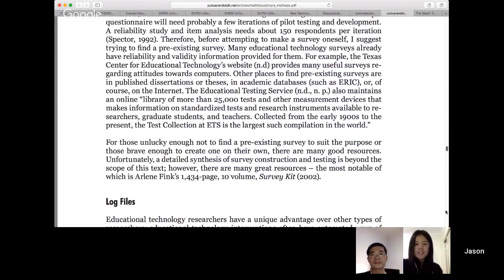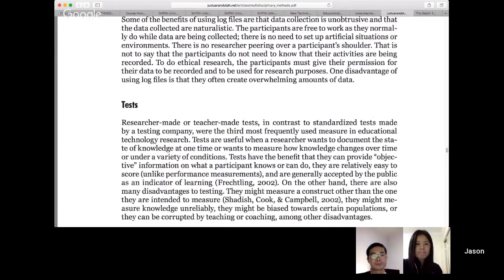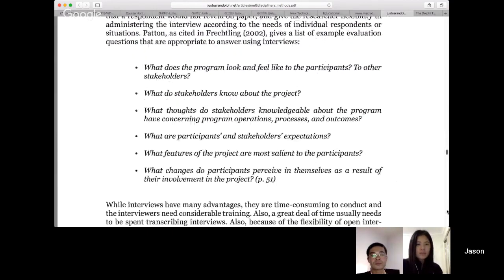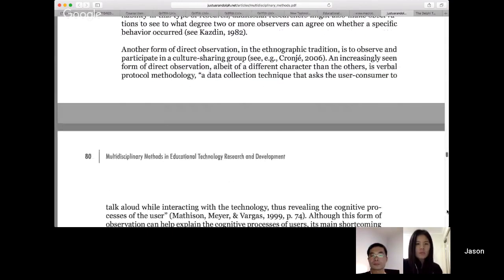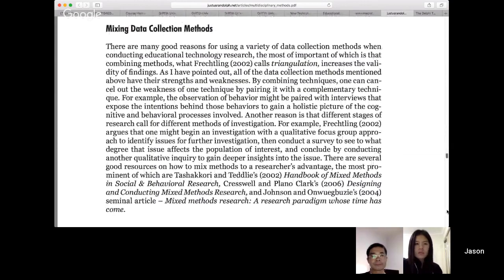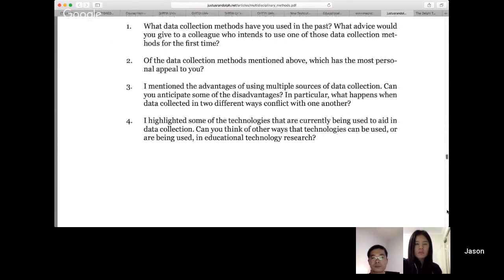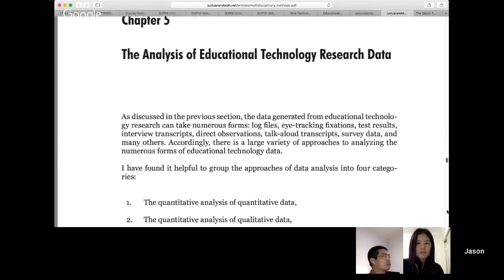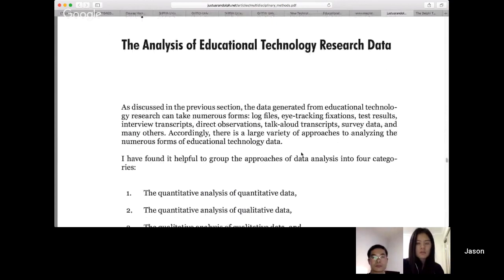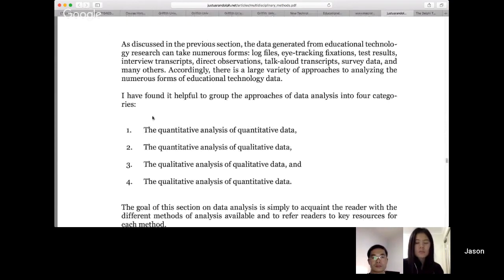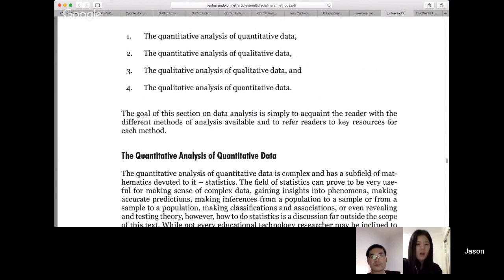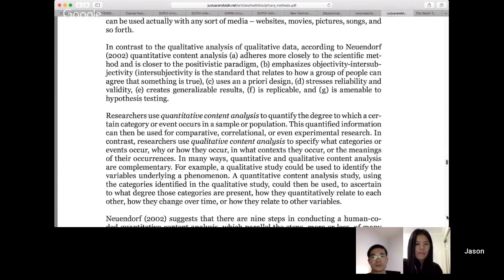Interesting. Log files are another one. Tests are a common one in schools where we give students tests and then we analyze the results of those tests. And we've got our NAPLAN tests and a whole lot of other things like that where we collect lots of data nationally about student progress. But at some point then you have to analyze that data. You've got a whole lot of either quantitative data or qualitative data or mixes of those, and you have to go through a process of understanding what that data means.